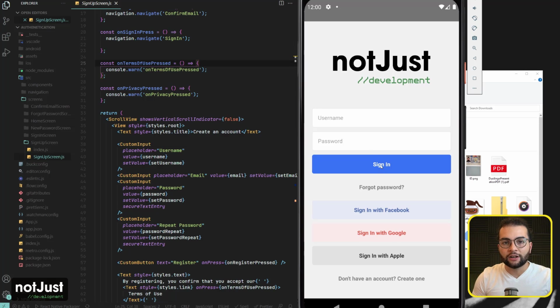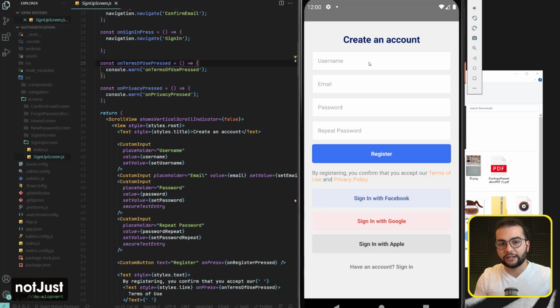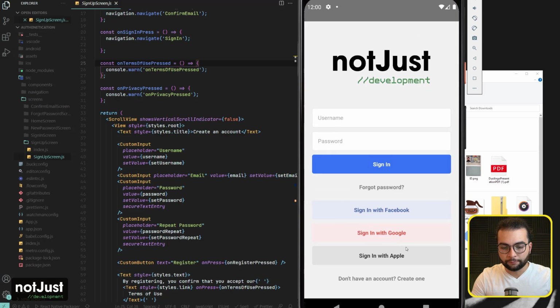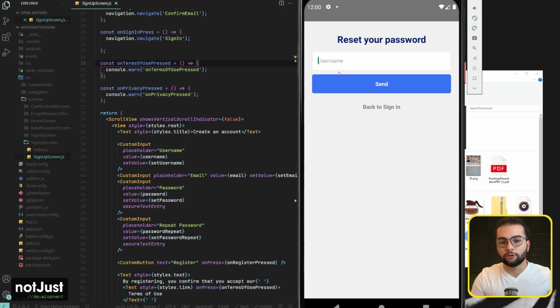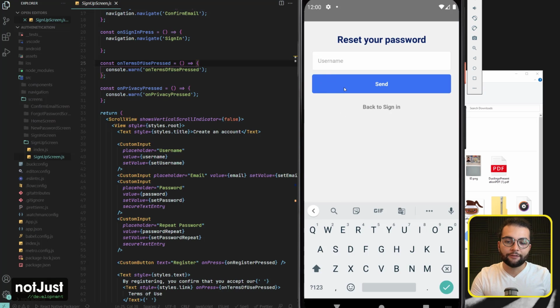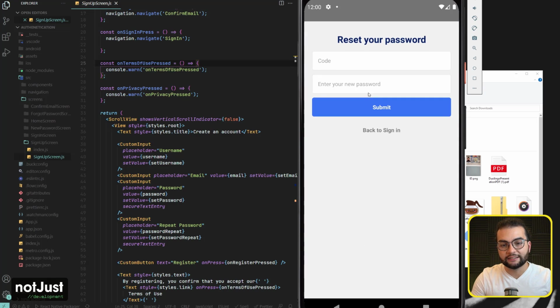Follow the next video where we're gonna continue this tutorial with the rest of the screens from the authentication flows, which are very important for any application, like a sign up screen where you will be able to create an account, and we're gonna reuse the same components that we created during this video in order to create this form. Also, in the next video, we're gonna cover the forgot password flow, where you'll be able to input your username, and after you press send, you will be redirected to a new page where you will be able to reset